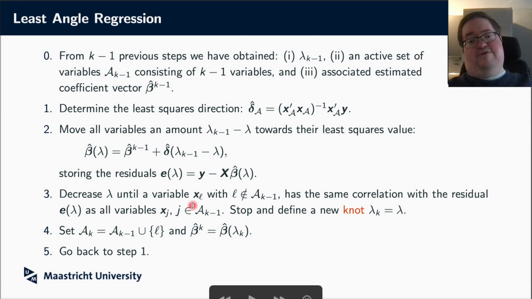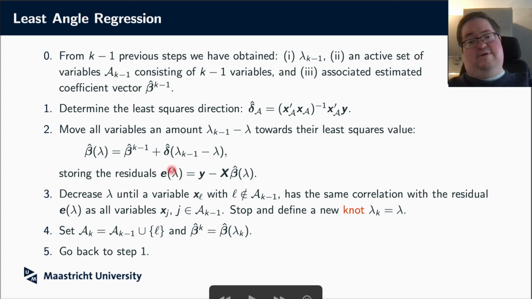And then what least angle regression says is, well, keep on moving until you reach a point where there's another variable which we have not considered yet. A variable, say x_l, where l is not in the active set, which now has the same correlation with the residual as the variables that we already did consider. All of the variables that we did consider have the same correlation with the residual by the fact that we used the same argument in the previous steps. As long as the correlation of these variables with the residual is more than any other, we keep on moving towards the least squares solution,